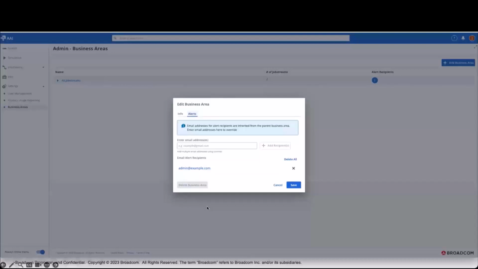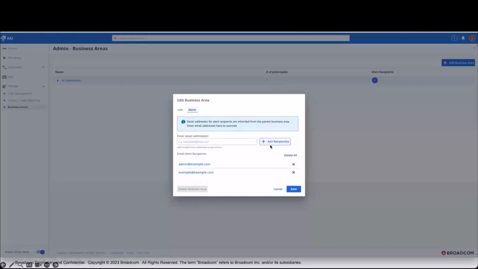email addresses. By adding an email address to the all job streams business area, that means that any SLA with an alert that's created within AAI will be notified to the list of addresses that we place here. To add an email address, simply add the email address into the correct panel and click on